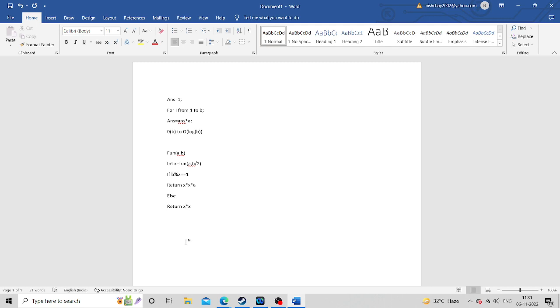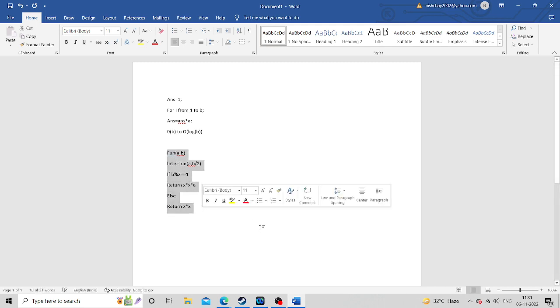You know it is similar to binary search, right? In binary search also we divide the search space into half. First we search from 1 to n, we find the mid, and then we search only for half the part. We leave the other part. So something similar is happening over here. We are finding for b by 2, we are again dividing by 2, we keep on dividing by 2 until